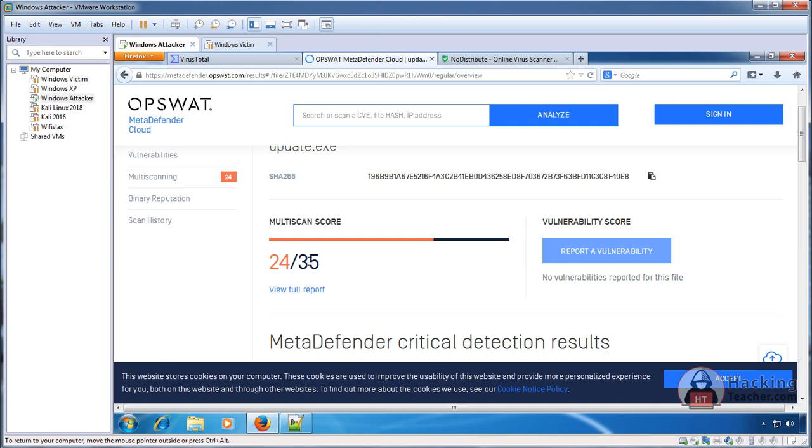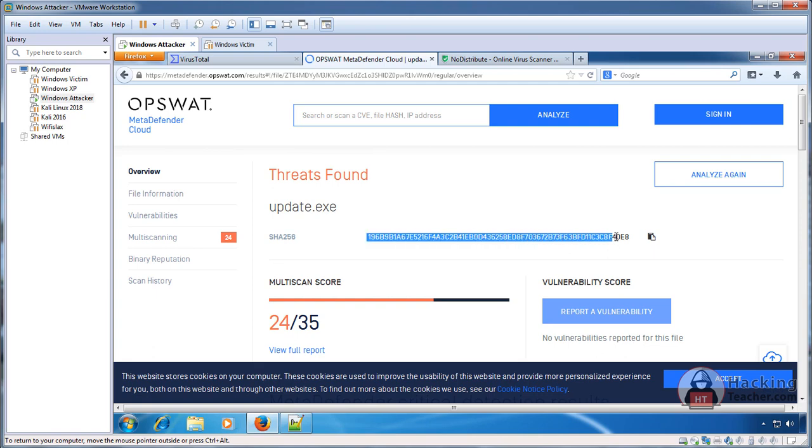Now how does antivirus work? Till the point we do not know how antivirus works, we cannot make our file undetectable, like the concept would not be clear in your head. As I said, there is a hash for every file.